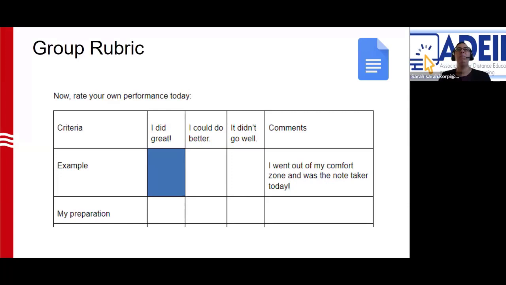So then when thinking about their own performance in the group work rubric, I asked students to reflect only on their preparation, their engagement, and their contribution to team dynamics. There were far fewer individual criteria because I really wanted students to focus on coming together as a team and supporting each other in their learning, particularly with everything that was going on last spring.